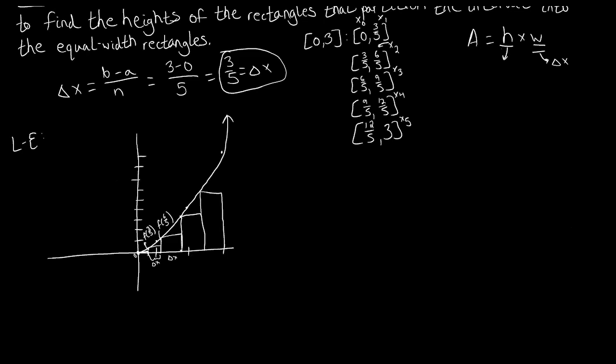So in this interval, we went from 9/5 to 12/5, so the height of our rectangle is given to us by f of 9/5. Does that make sense? Because we're trying to figure out the length of this segment, and that is the distance from here to here. And that distance is given to us by f of 9/5, because we start at 0. So we go all the way up here until we hit our graph,